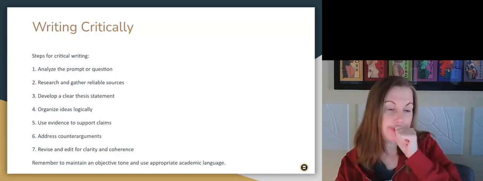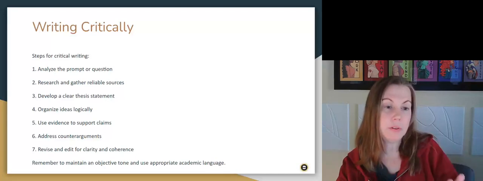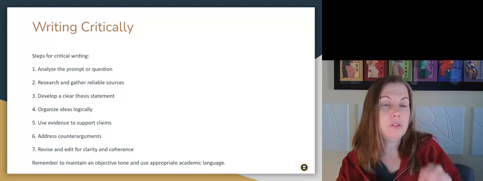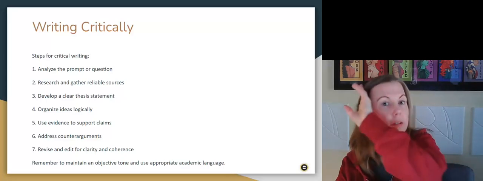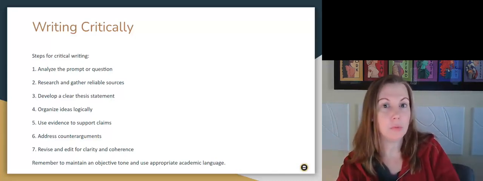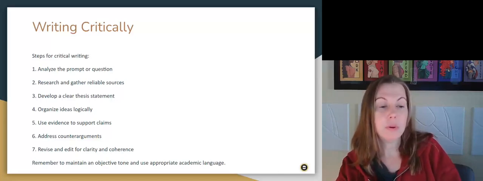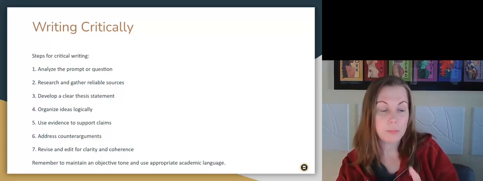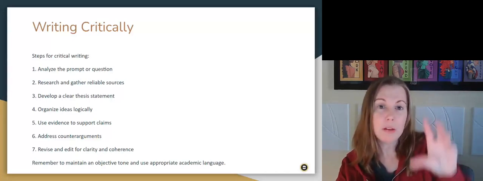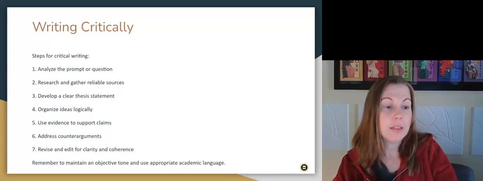When you write critically, you want to make sure that you are addressing all aspects of the prompt that you choose, and that when you do research, you are researching from a reliable source. Not necessarily Wikipedia. It's an encyclopedia or somewhere that has been fact checked numerous times, and nobody can go and edit without being fact checked. You want to ensure that you have a clear thesis statement, which you should by now. And the informal outline that you make will help you organize your ideas logically.